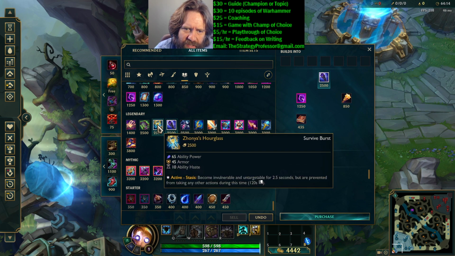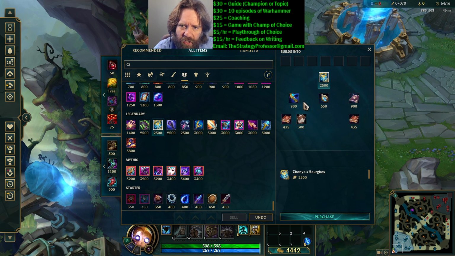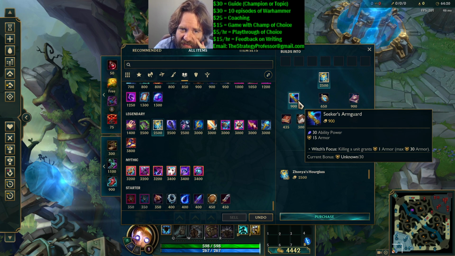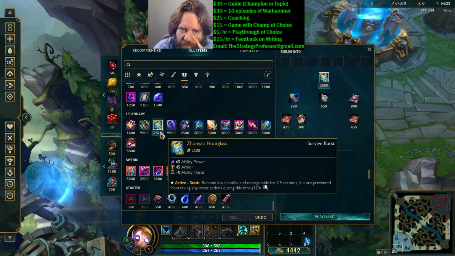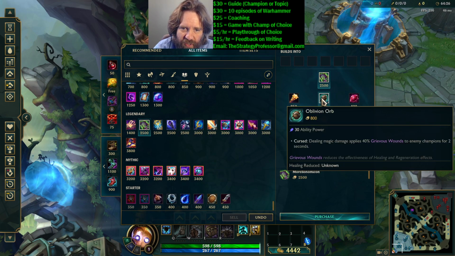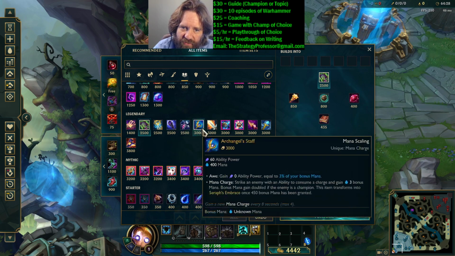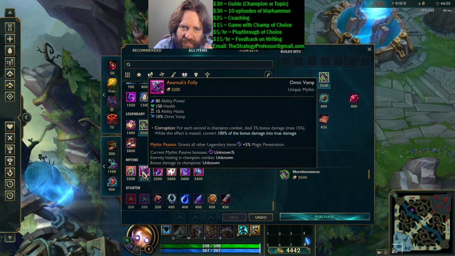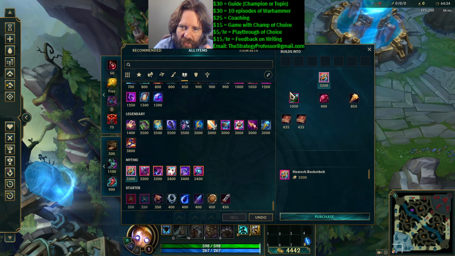You might see, depending on the matchup, if they're against AD, you'll almost certainly get a Seekers first, just because that thing's nuts. So probably Seekers first. If there's a lot of healing, you might get an Oblivion Orb first. But aside from those little cheap items, I think people are just going to be rushing. If you're an assassin, the Protobelt, you probably start with